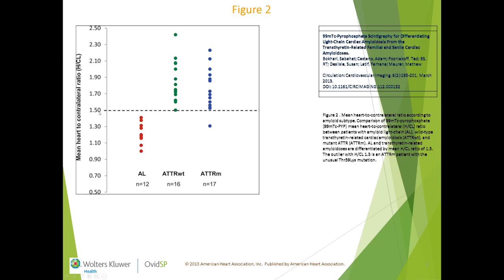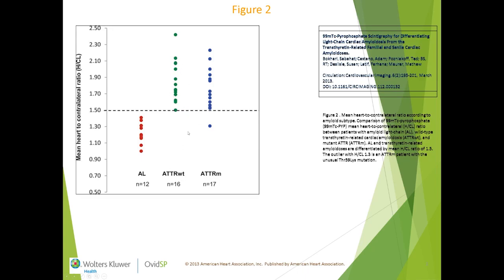This is a study that showed why pyrophosphate imaging was so useful, that it was able to separate out. If you took the ratio of uptake of the myocardium on the planar images and looked at it in the contralateral chest wall and looked at that ratio of uptake, you could nicely separate out light chain amyloid from